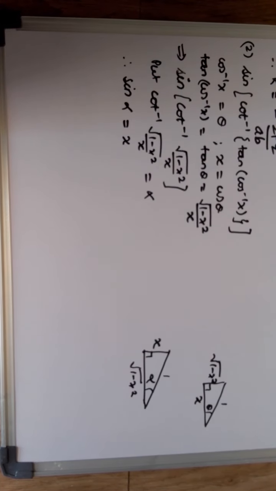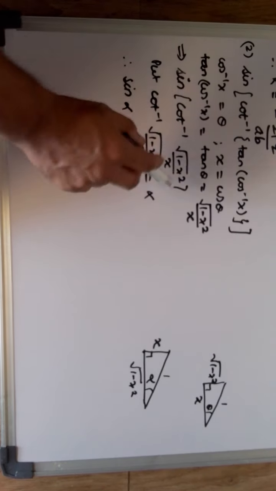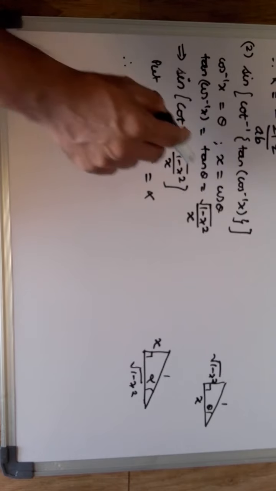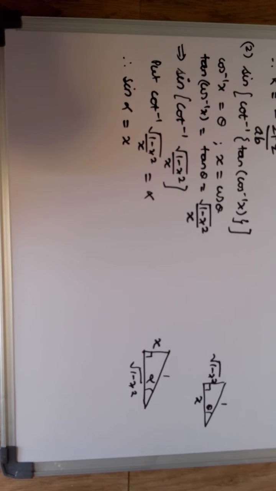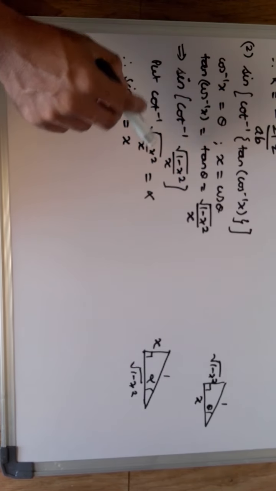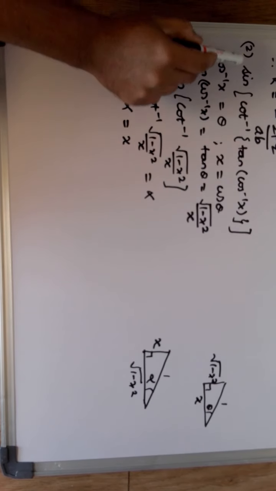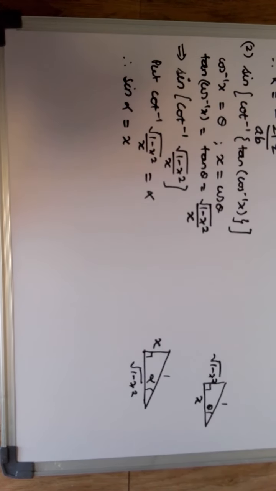You can solve this using the normal way of thinking, but here what I did was, when I came over here, I could have made this cot inverse as tan inverse of x upon under root 1 minus x square. So this will become tan inverse of x upon under root 1 minus x square is equal to alpha, which is nothing but this figure itself, right? So here obviously on thinking, what you will get is the same. So obviously the result of this complete expression is nothing but x.